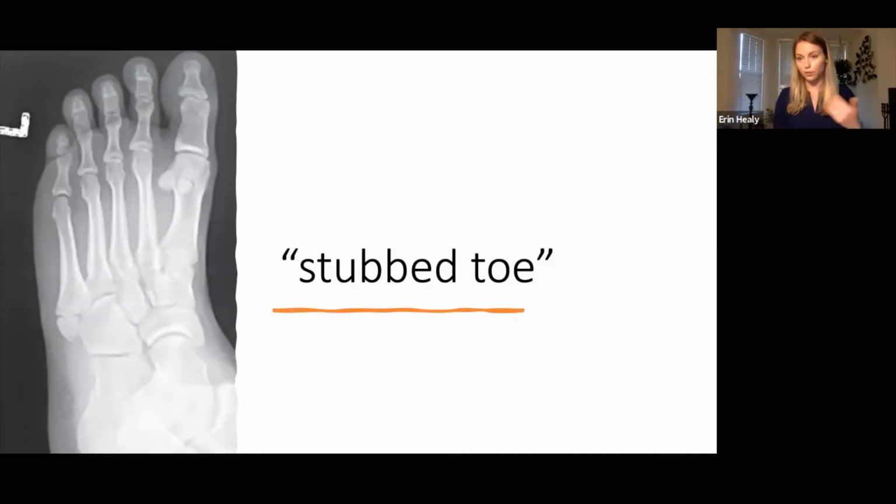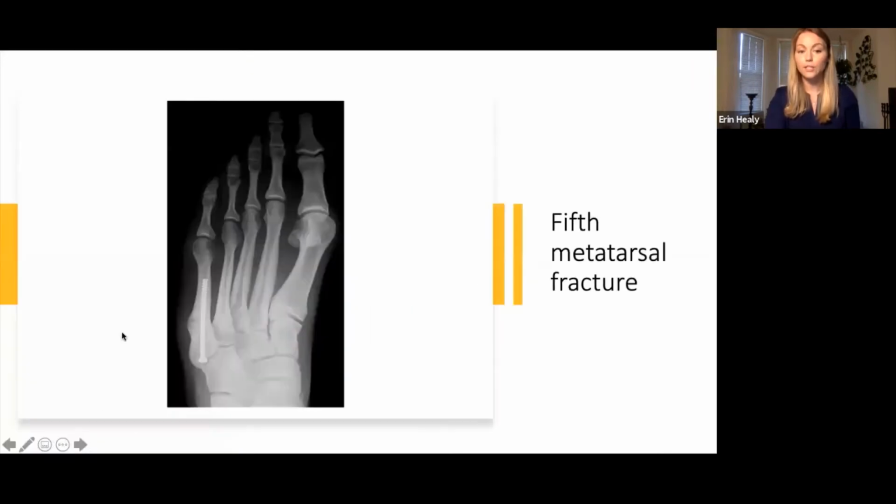Immobilize the foot, and as soon as they're able, do range of motion exercises, and as soon as they're able, they can bear weight. If there is a little bit of displacement, so less than 3 millimeters of displacement, you immobilize a little bit longer and keep them from moving the foot, and it still should heal pretty nicely. However, if there are more than 3 millimeters of displacement, this patient is an orthopedic emergency and needs to go